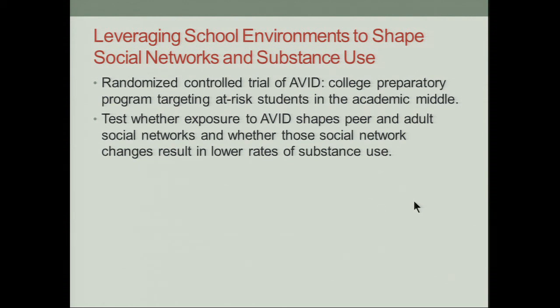So AVID takes kids from high-risk groups who are middle performing students, so students who have like a 2.0 to a 3.5 GPA. And they make sure that these kids get programmed into college prep, honors, and AP courses while providing them with academic and social support. And just like in the Promise Academies, AVID is actually focused on changing how kids see themselves and tries to bring students into what they call the AVID family of supportive teachers, college mentors, and peers.